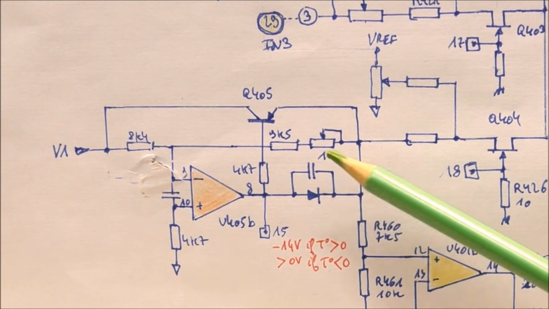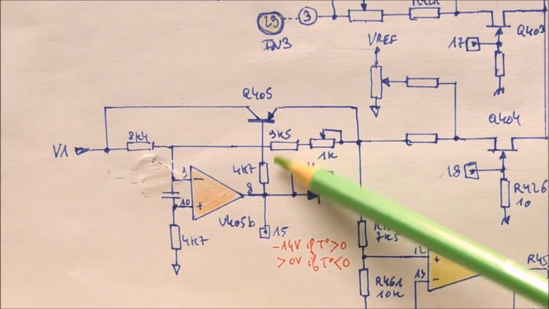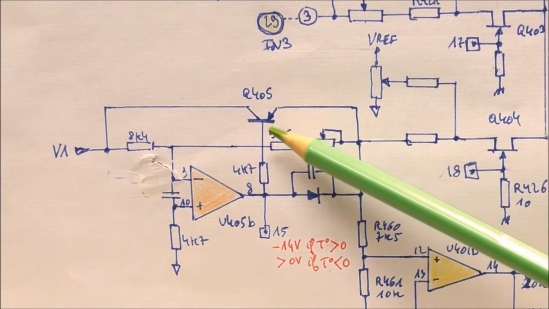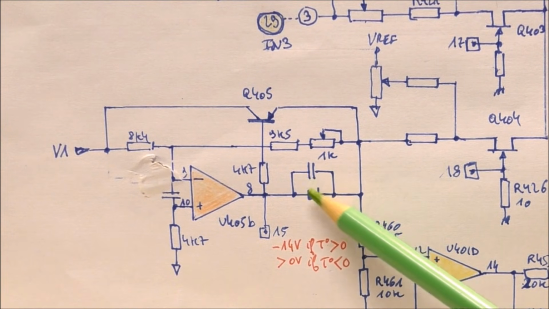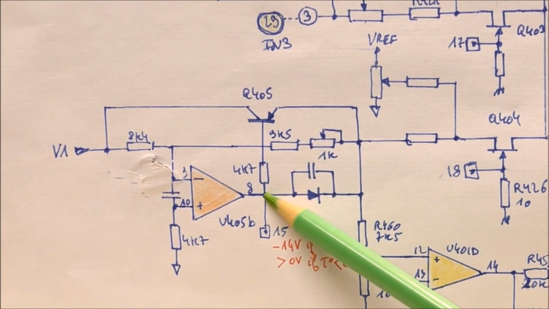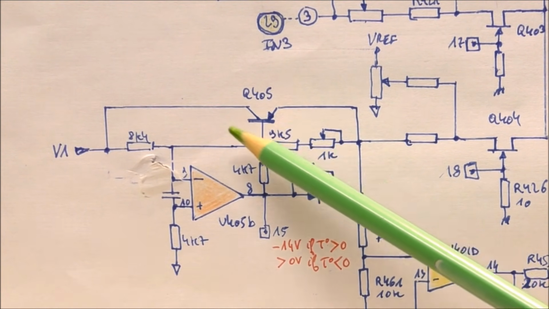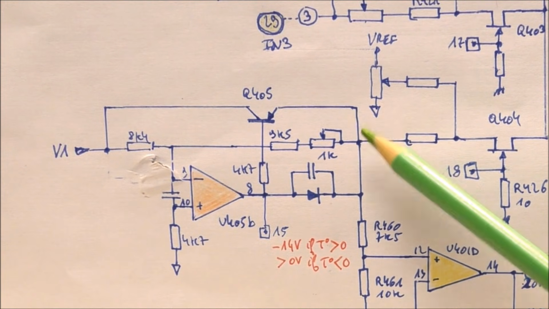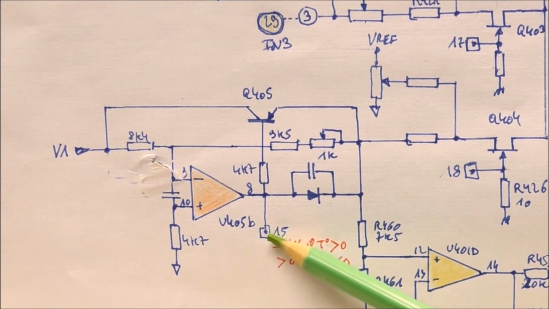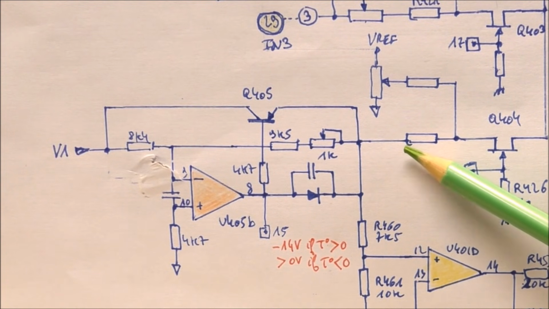The gain is -1, so this transistor is off because this voltage will be approximately 0.7 volt above the emitter voltage. Now, if we consider a positive voltage, in that case the output will be negative, therefore the diode is off. At the output there will be a voltage close to the negative power supply rail. But this transistor will be on, and this transistor provides a short circuit between the input and the output here. So therefore the gain is +1. That line is connected probably to a comparator. So this line permits to activate the negative sign of the display. The ADC permits only a measurement of positive voltages.